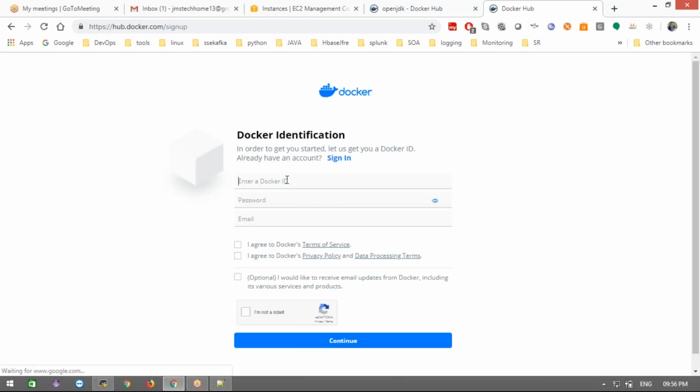Now here I'm going to give my ID, 798977. Only numeric numbers, it will take. Earlier it was taking the other also.